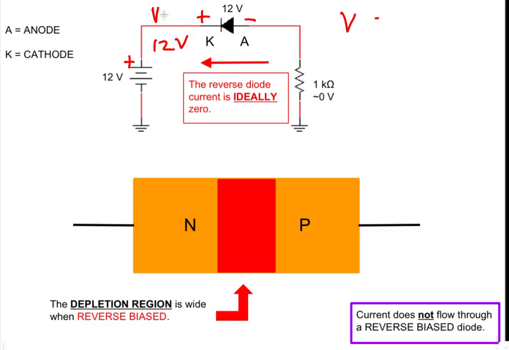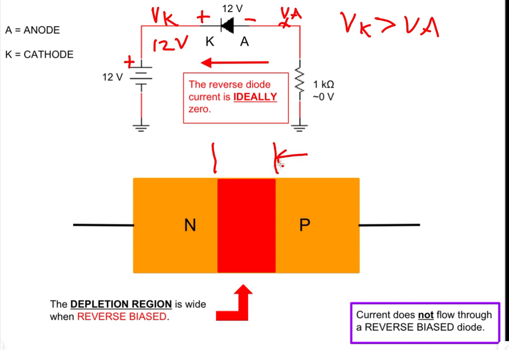That's why we have erasers. Voltage on the cathode is greater than the voltage on the anode, okay? Notice when you reverse bias it, that this depletion region